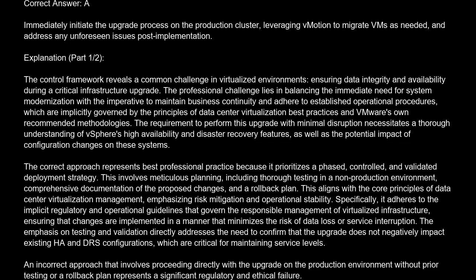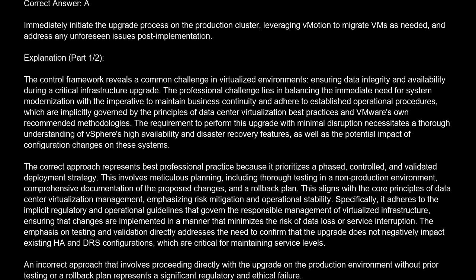Correct answer is A. Immediately initiate the upgrade process on the production cluster, leveraging vMotion to migrate VMs as needed and address any unforeseen issues post-implementation. Explanation: the control framework reveals a common challenge in virtualized environments, ensuring data integrity and availability during a critical infrastructure